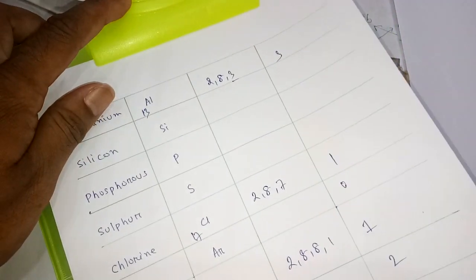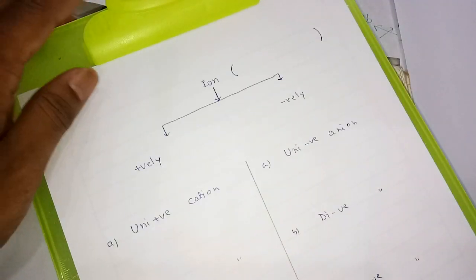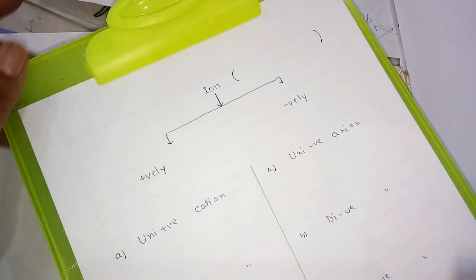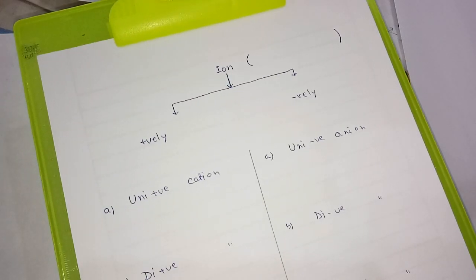Next, what we'll do, students, we have to take some more basics, because my intention is that whatever we have learned up to 10th standard, first of all we try to recap all these things. Most of the students know these things, but from my point of view we have to start from zero and gather the knowledge, so that if someone missed any topic in the 9th or 10th standard, that also is covered.